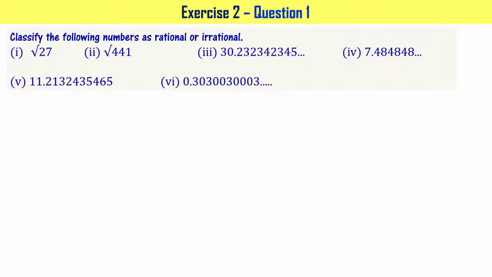That is 11.2132435665, and there are no dots. If you look at the earlier ones, you have dots. It means that it goes on so on, the number is going to be further written, but here you don't have dots, right? It means it is a terminating decimal. If you don't have those three dots representing that a few more digits are coming in, then what I can say is it is a terminating decimal, right?